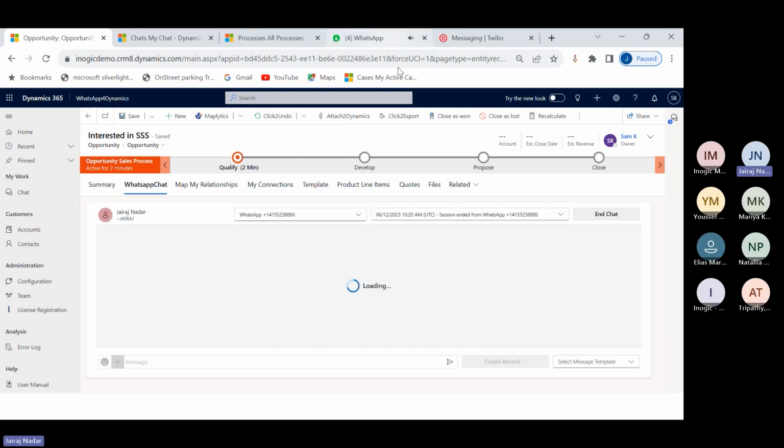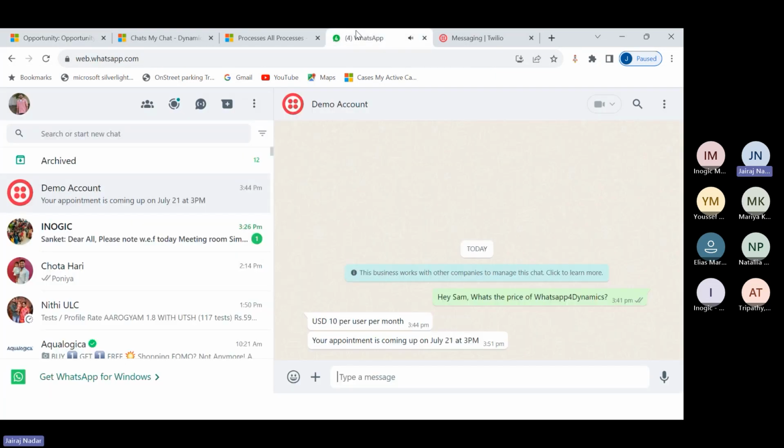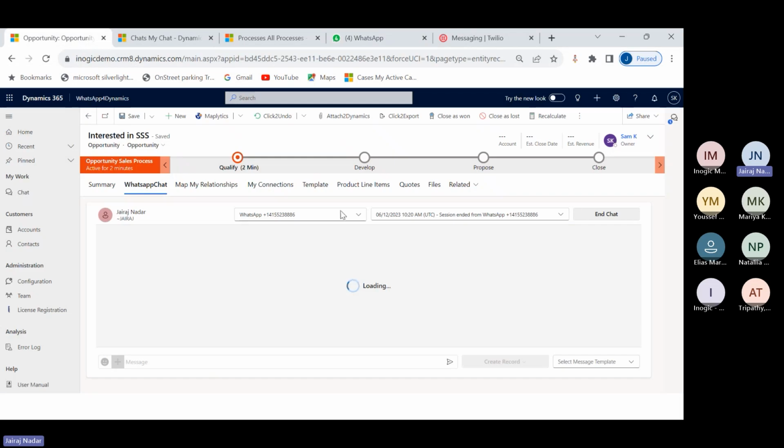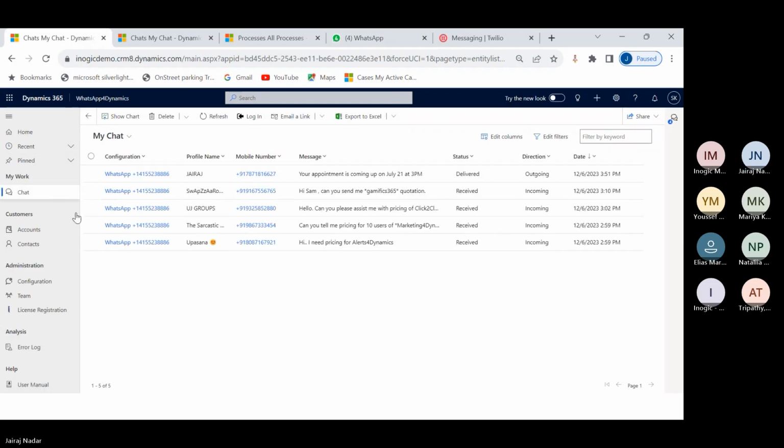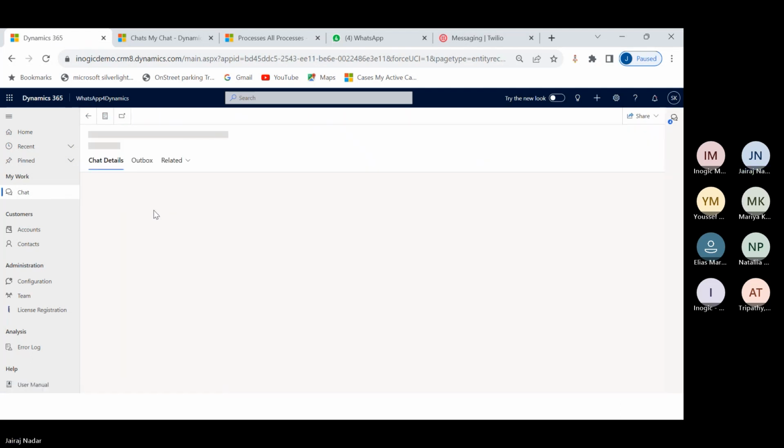If I go into WhatsApp, I see the template that I've created for this webinar purpose: Hey, your appointment is coming up on so and so day, a kind of message that we send to the users. So that is seen over here. And if I go into the chat and open that,